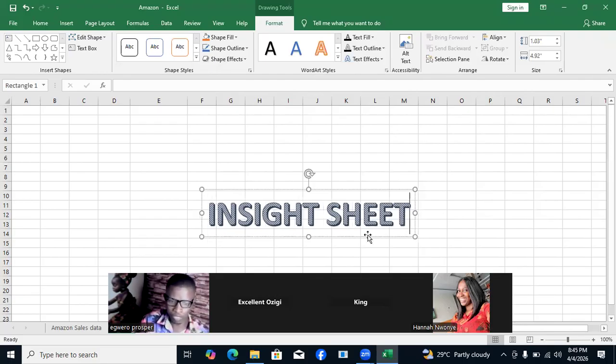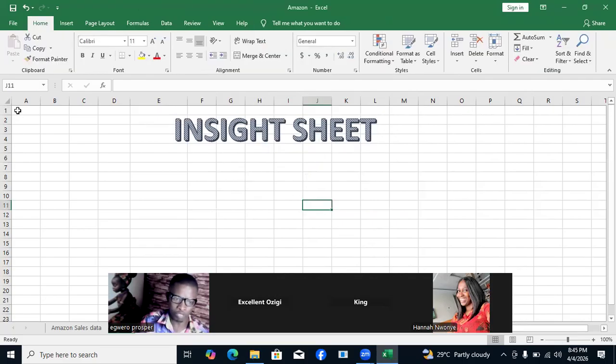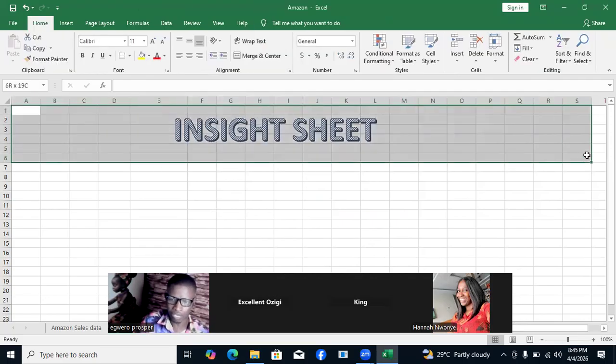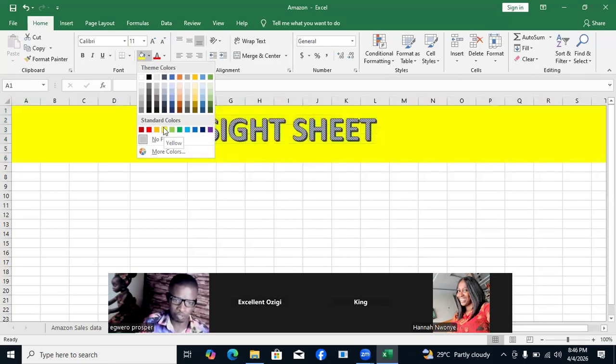Let me just label it this way, so I can just position it here. Remember, part of the things we learned last time is to silence all the grid lines within that section so that the focus can be on that write-up. I highlighted the whole of that section,